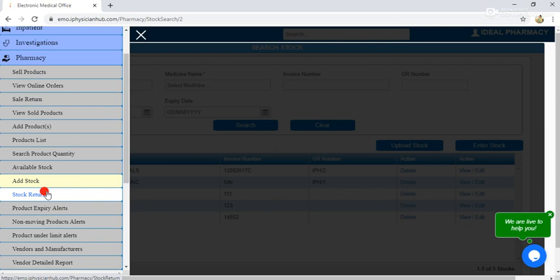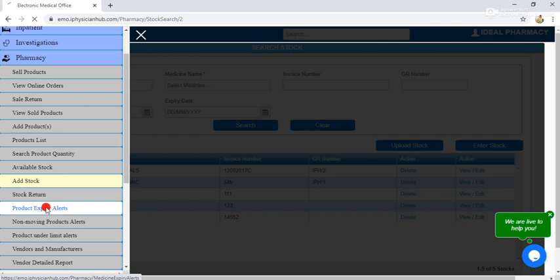And if you have any stock returns, if there is any kind of damage or anything beyond expiry date, and you want to return the stock, you can return it here. Because if you don't return it from here and simply do it manually, that stock will show up in our sale stock, and that creates a mess. So to make it clear and transparent, the stock returns can also be saved here.